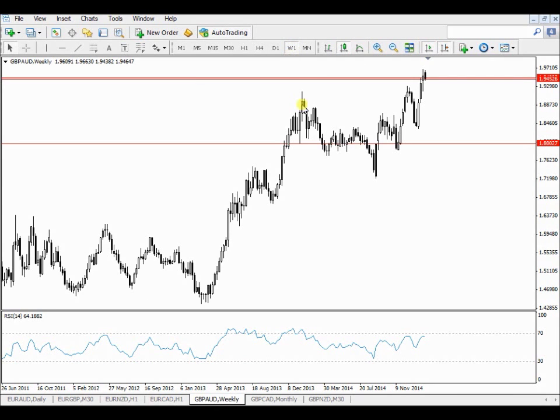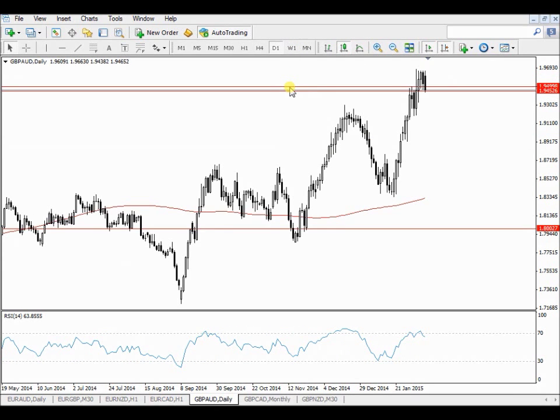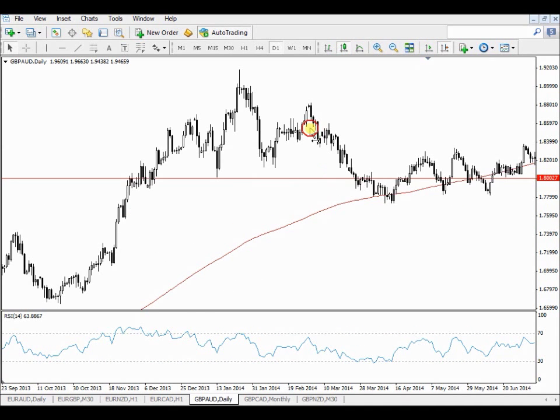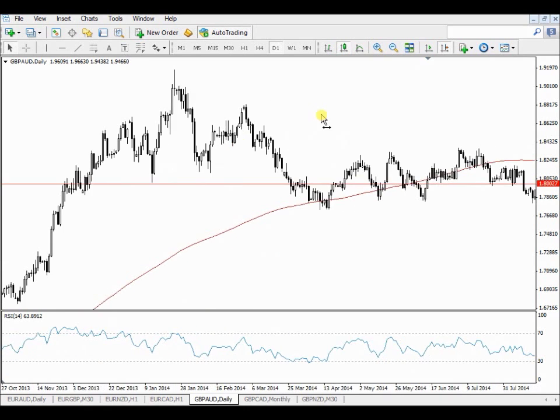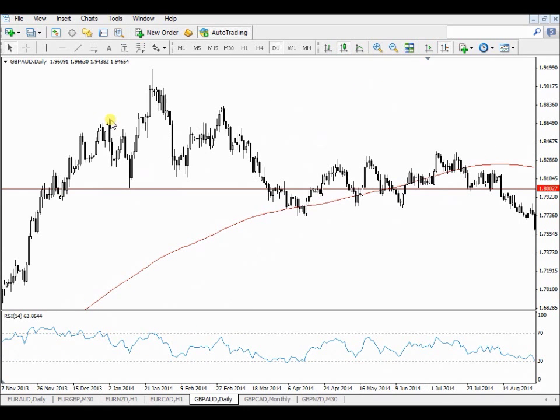Do you see this little small head and shoulder here again? This is on the pound Aussie. Let's go to it quickly. We already did it. There's the whole head and shoulder pattern. Alright, there's the left shoulder, there's the head, right shoulder. I enter this market when the market breaks. When the support breaks, I'm selling. My stop obviously will be far off, but that's the rules. And let's see if this trade worked out.